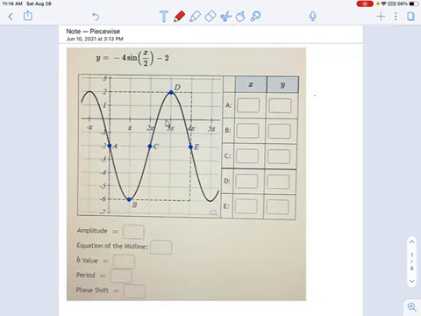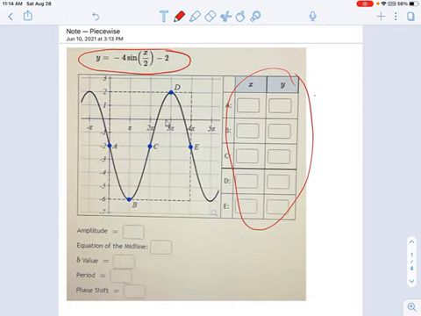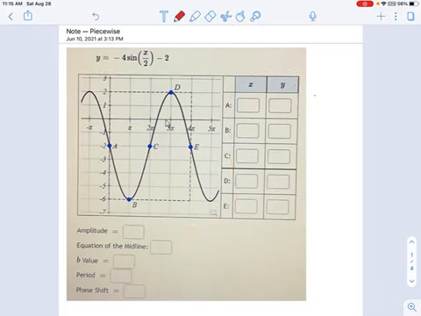Okay, and I have the equation up here, and we're going to fill in where those key points land for this function, and then we're going to talk about some of those key features like amplitude, midline, period, and so on. So some of this, you can just do from the graph. You can look at the point A, for example, and say, okay, x is 0, y is -2. And that's probably the quickest way to do this, just so you get practice looking at these graphs where the x coordinates are in pi values. Let's see. For this next one, B is at x equals pi, y equals -6, C is at x equals 2 pi, y equals -2, and so on.